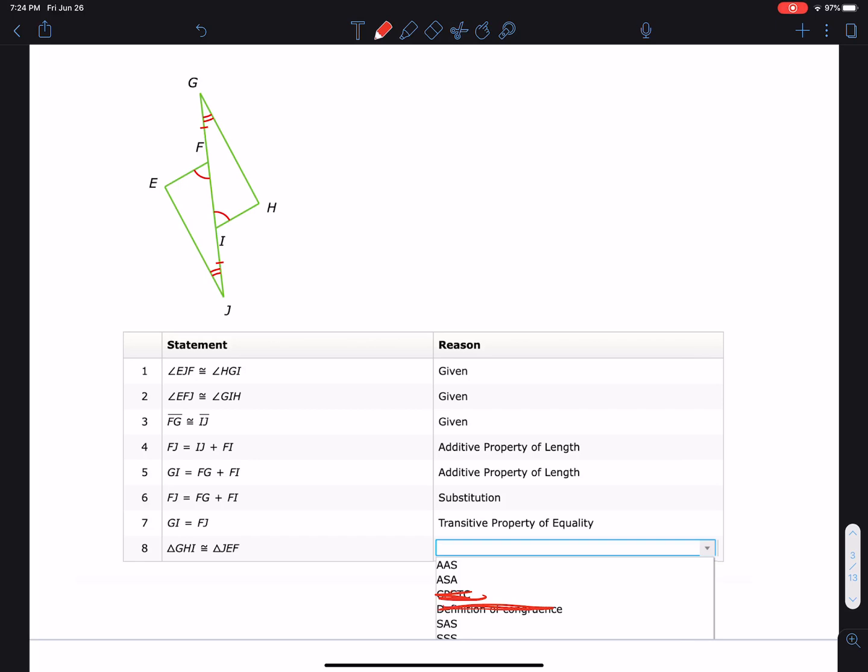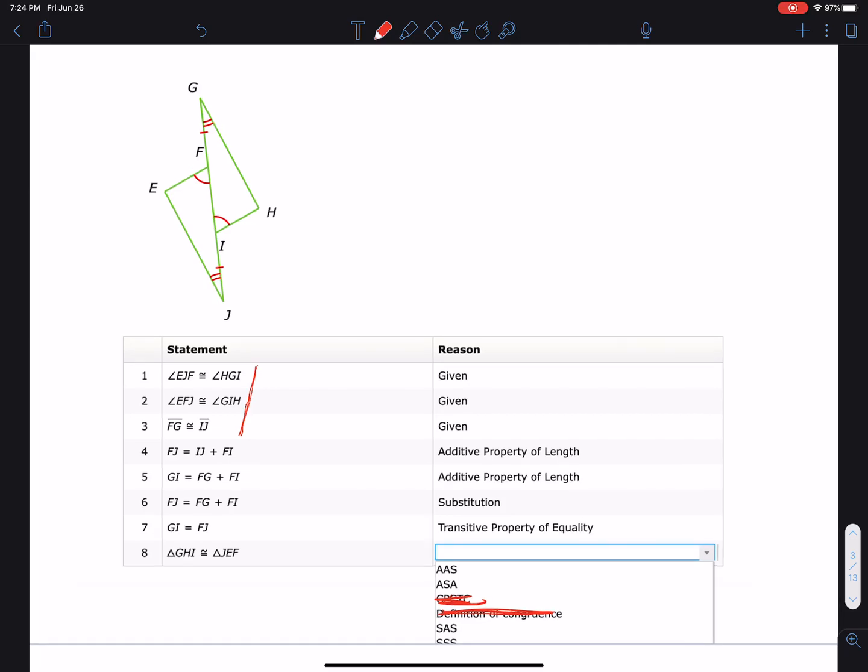Okay, now what do we know what's going on? Okay, we know angles are congruent. All this is marked up. And then they start doing the additive property of length. So they're saying FJ is congruent to these two guys. And then GI is congruent to this and this. Okay, so let me just erase all that mess because that got real sloppy. So where they're going with that is then they substituted and said,